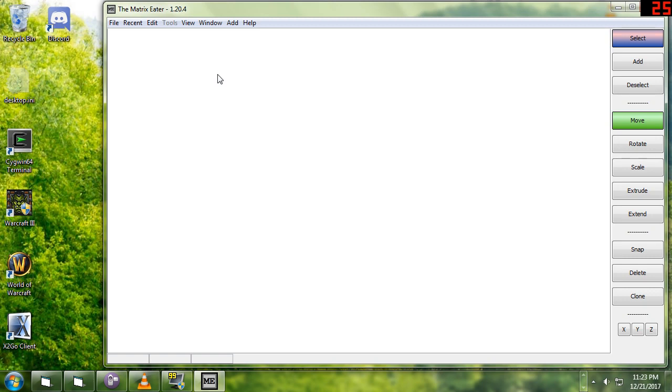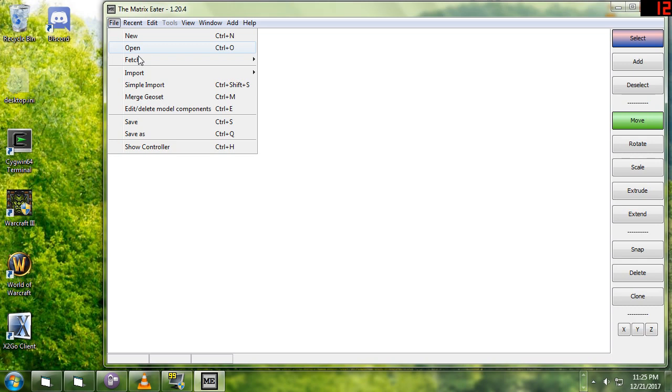Hello, and welcome to a basic technical demonstration of the Matrix Eater Warcraft modeling software that I developed. The concept of the software I wrote here is pretty much based around editing existing Warcraft models. So, although I have other ways, like File Open, that you can open a Warcraft model file, most of the